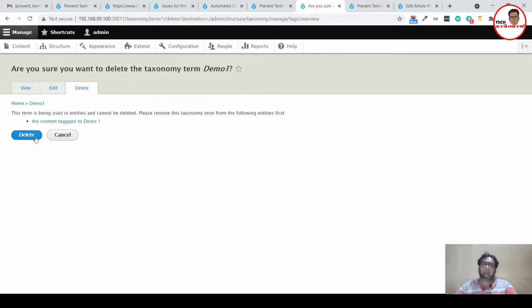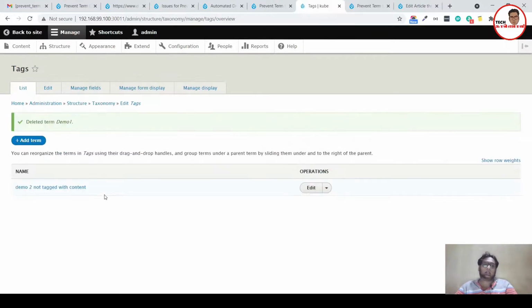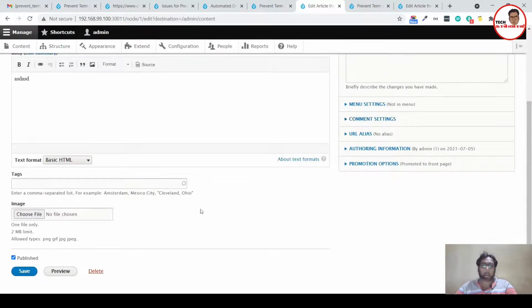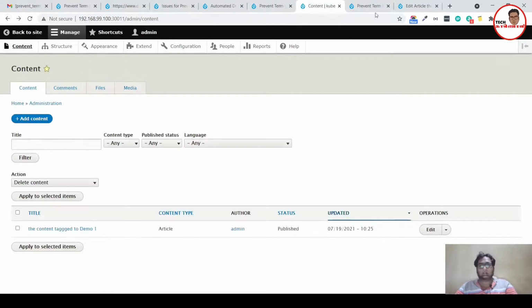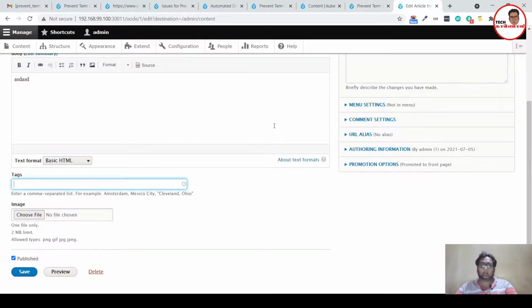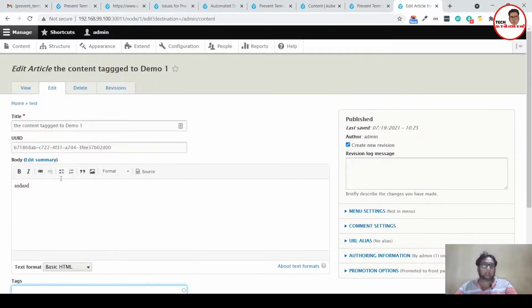It will show you the delete button, and you can force delete the tag, and inside the content, the tag is automatically removed because the tag is deleted. So this is how you need to use the Prevent Term Delete module. By default you don't show the delete button, if you want to restrict users from deleting the terms if they are tagged with some content.